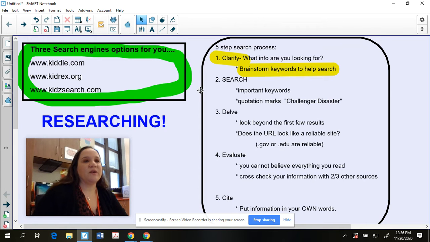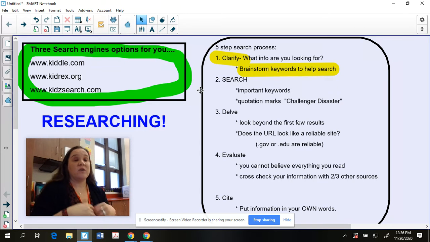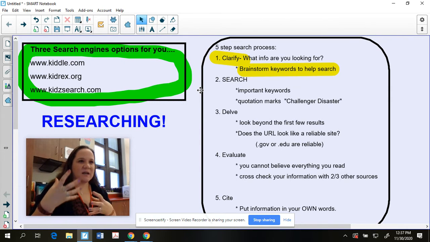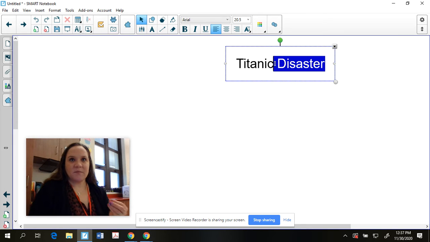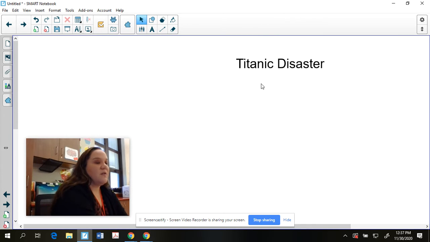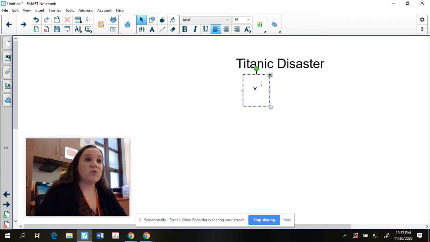So the first thing that we're going to do is make sure we clarify what information we are looking for. Okay. And when you clarify, when you're being specific on what you're actually looking for, you want to brainstorm keywords to help you search for those particular questions that you may have. So it's kind of like making a mind map or a little brainstorming thing. So when you think about the Titanic, you think about all the different keywords that you could research or questions that you would have